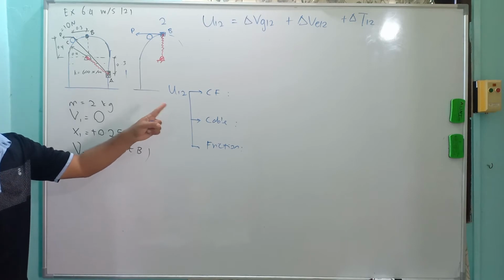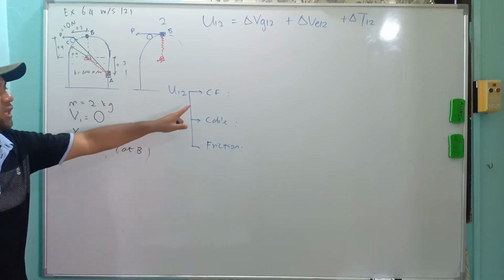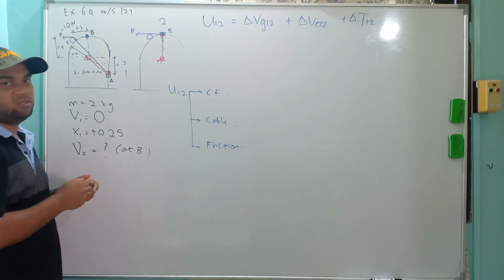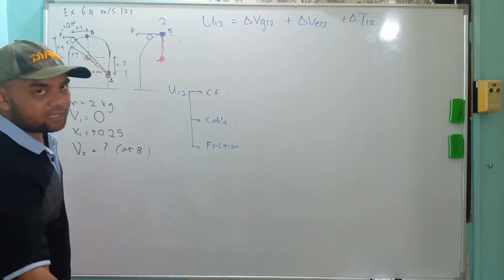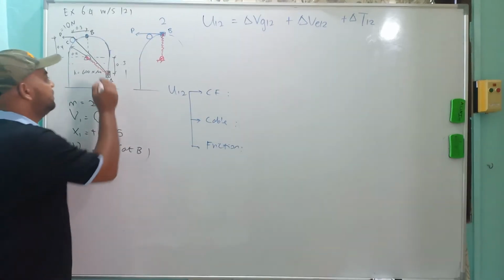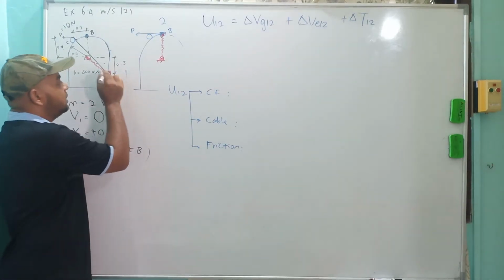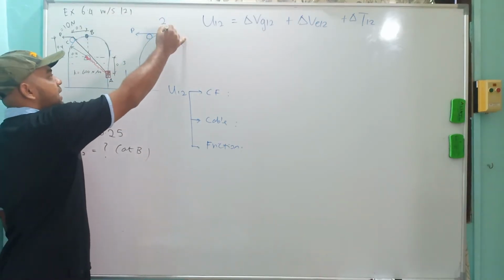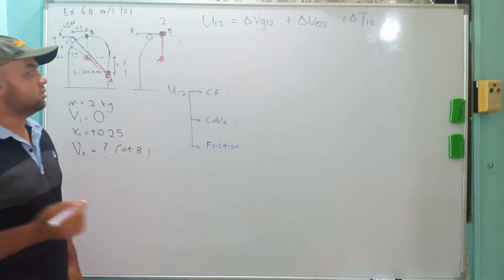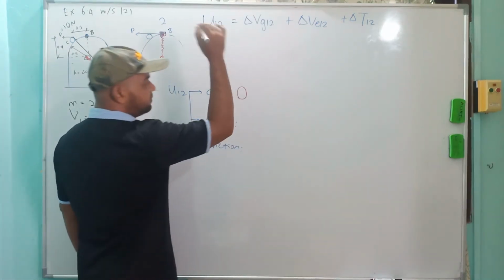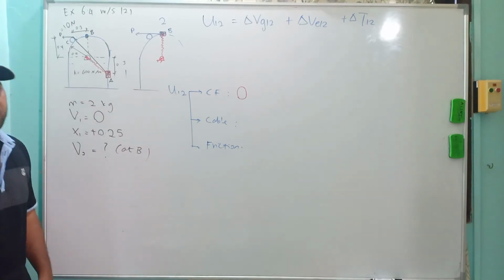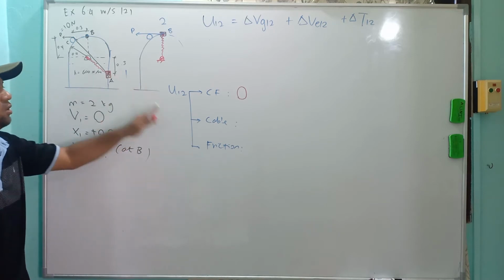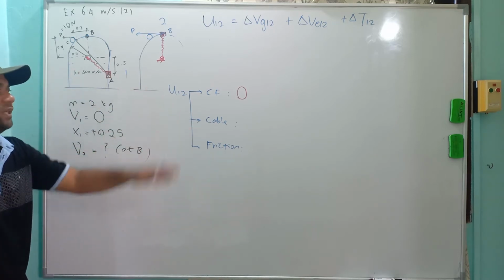So constant force, like I said, in order for you to have this constant force, you must see, or it is said clearly, that there is a constant force acting directly on the component. So from this component, you can see that there is no constant force, P or F or something, that acts directly on the component. So the constant force is 0. As easy as that. If you see the constant force, then you calculate. In this case, there is no constant force on the component. You put 0. As simple as that.